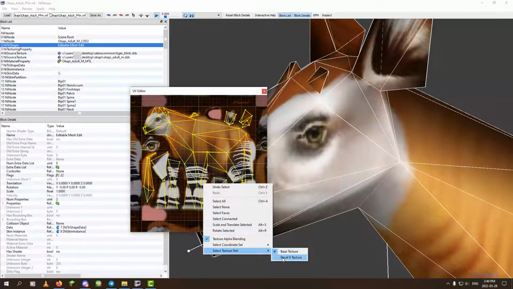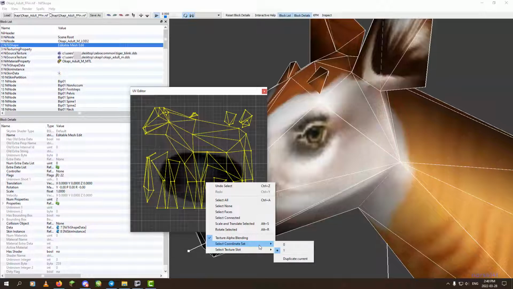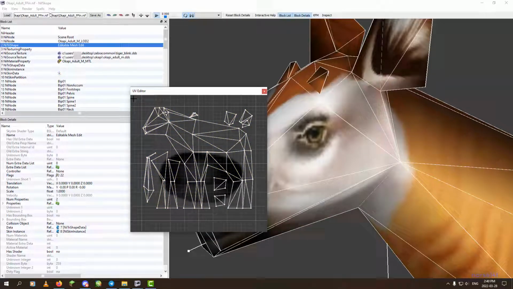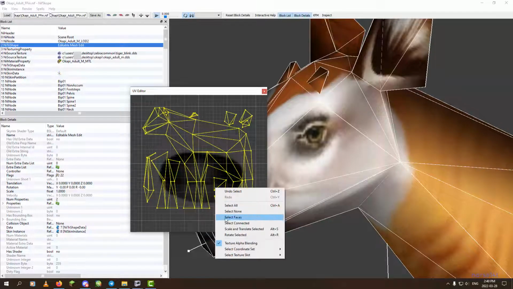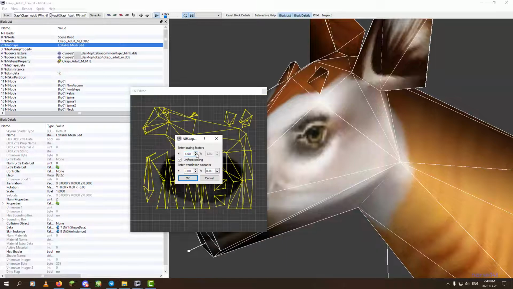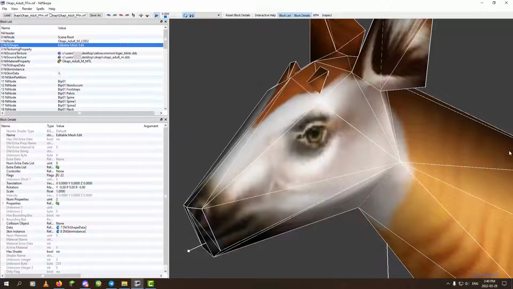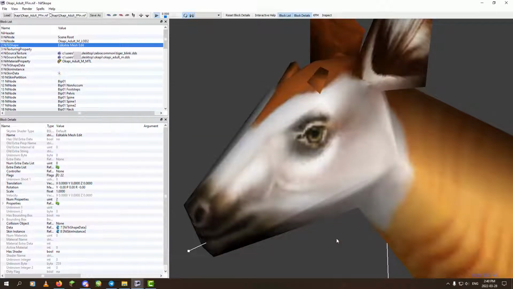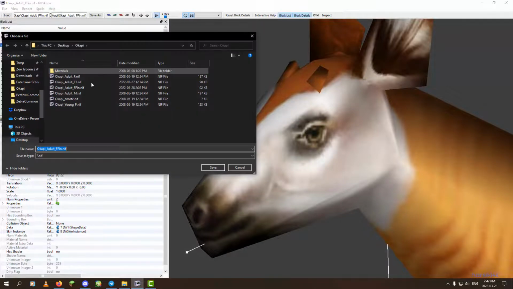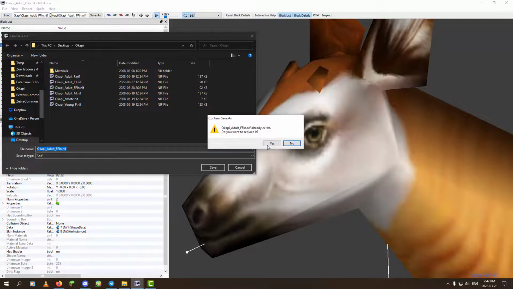Boink. And there we go. And all we have to do is just scale it to 0, move it to the corner, and that's it. We're ready to move on. So now we're ready to save as, override, yes,